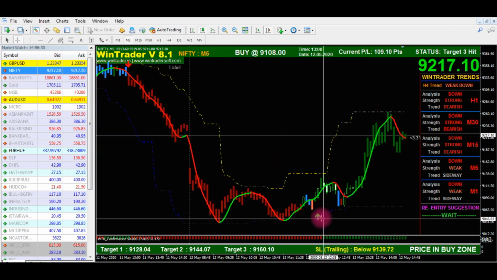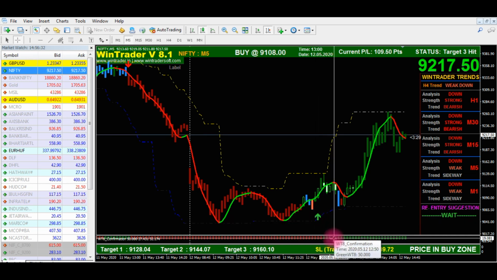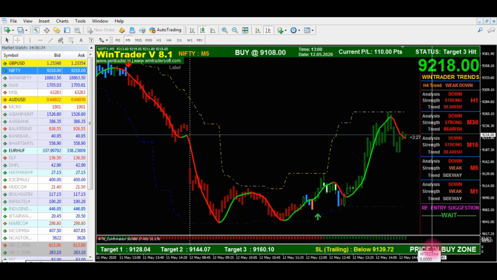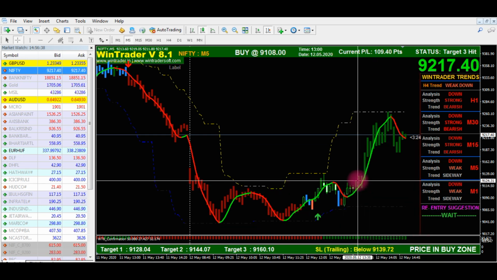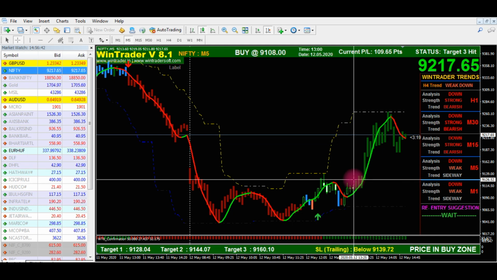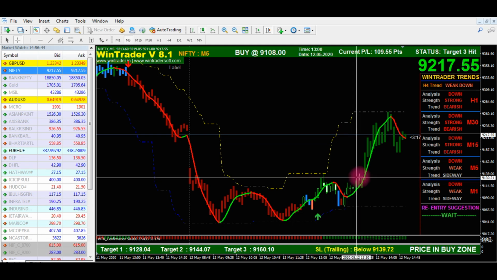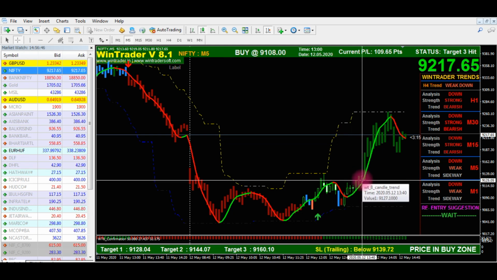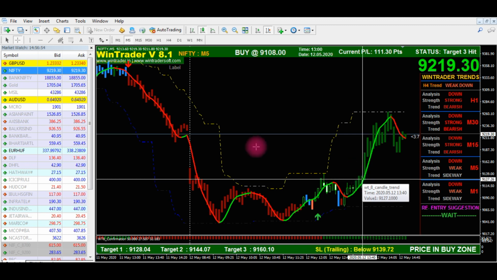If a signal is generated after the green arrow, the band color tends to green and the price is in the buy zone. The candle color should also be green. If you check these three confirmations after the signal generation, we can simply earn money and profit from the trade. I am showing this just as an example.